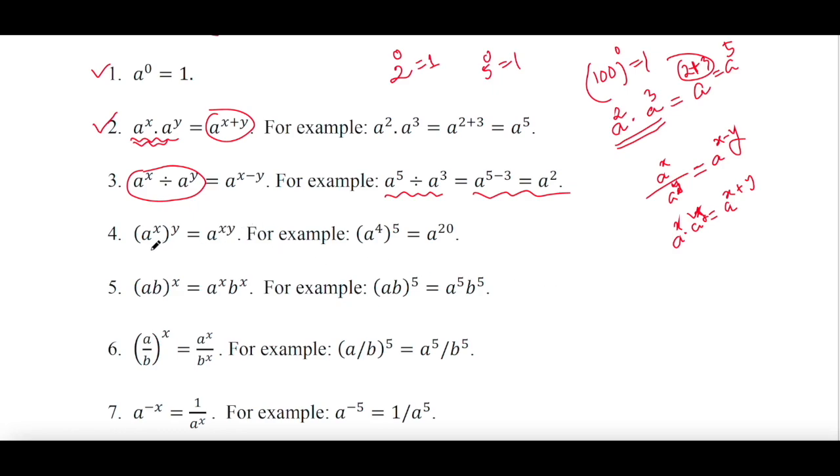And power and power will be multiplied with each other. For example, a to the power x whole to the power y equals a to the power xy. You see, a to the power 4 whole to the power 5 is equal to a to the power 20. And another example, let's say a to the power 4 whole to the power 5 whole to the power 2. This equals a to the power 4 times 5, 20 times 2, 40, a to the power 40. So all powers you need to multiply. যত পাওয়ারে থাকুক না কেন সবগুলাই গুণ হবে।